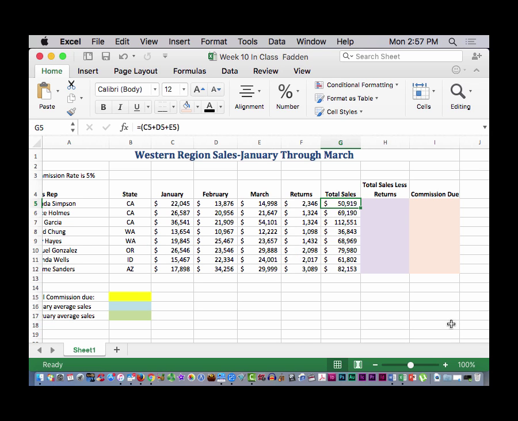Now, we want to do a total sales less returns. In other words, your sales are the total amount and then how much product was bought back. So if we now click into cell H5 and then up into the formula builder,